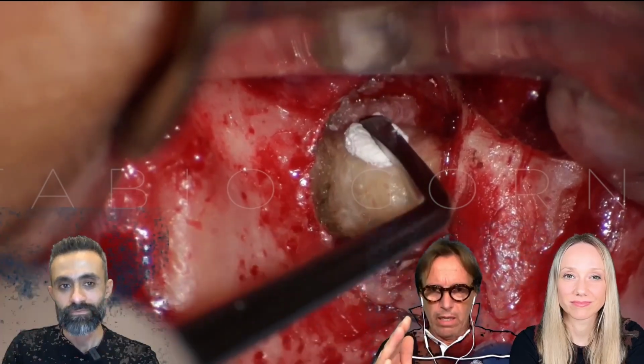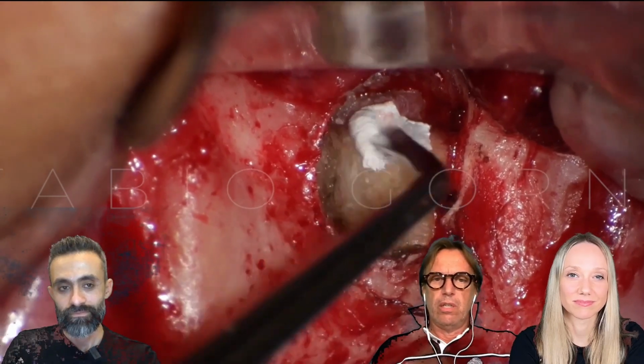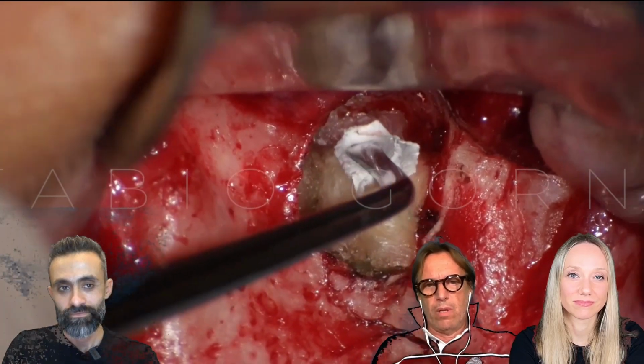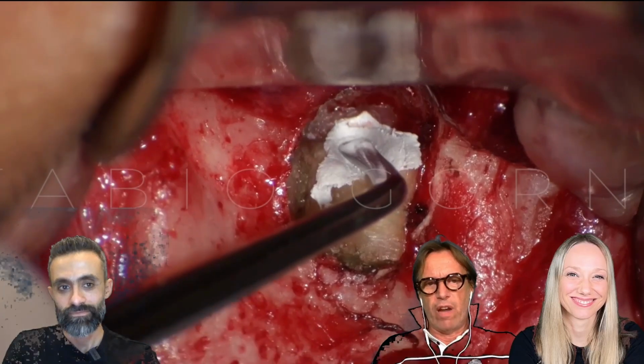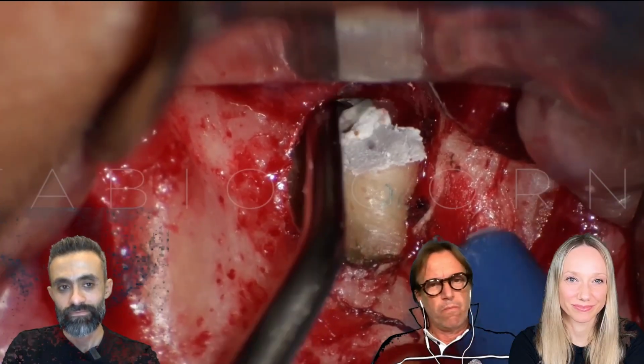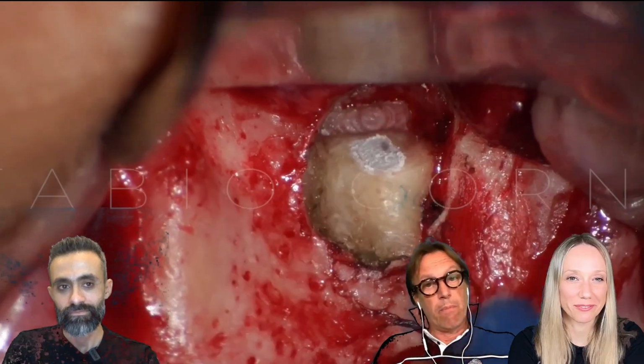So why should I use the most difficult material to manage during the surgery? I'm not stupid, so I'm trying to simplify any kind of procedure, also during the packing.